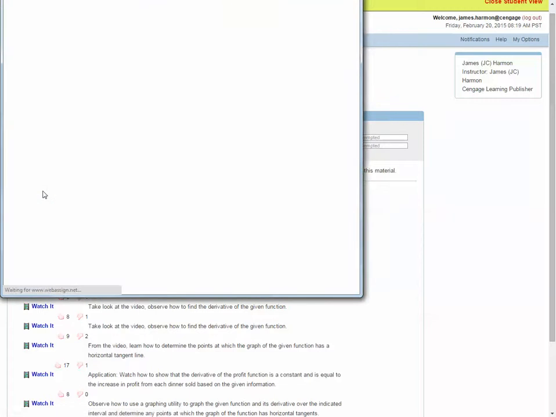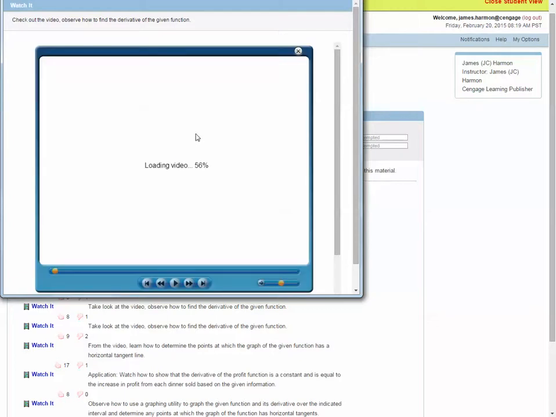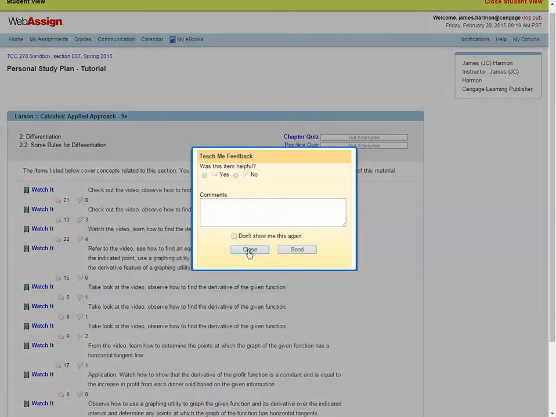So if I get into the tutorial and click Watch It for that specific one, then we have access to that Watch It video. Find the derivative of the function. In this case, the function is given by h of x equals 2 times x to the 5th, and in order to find the derivative... A great way for professors to use this particular mode is